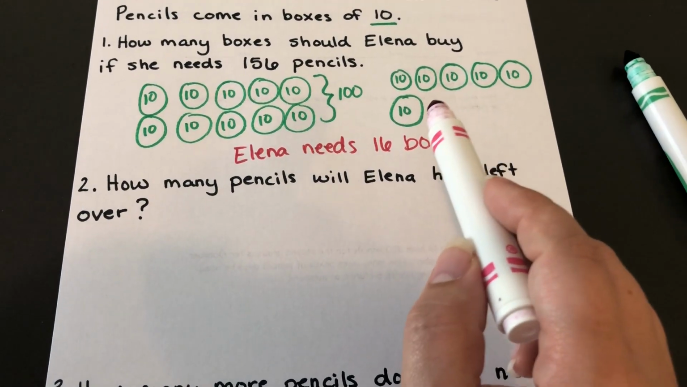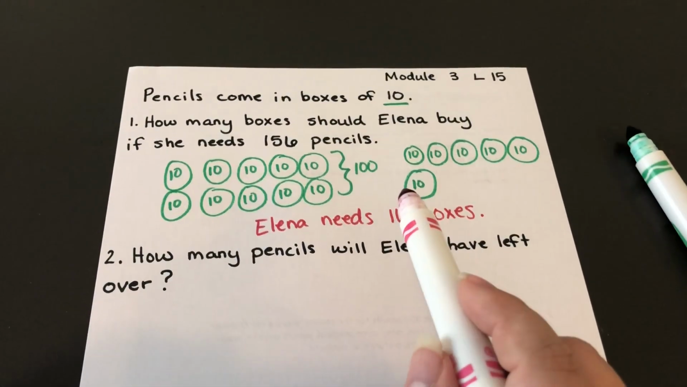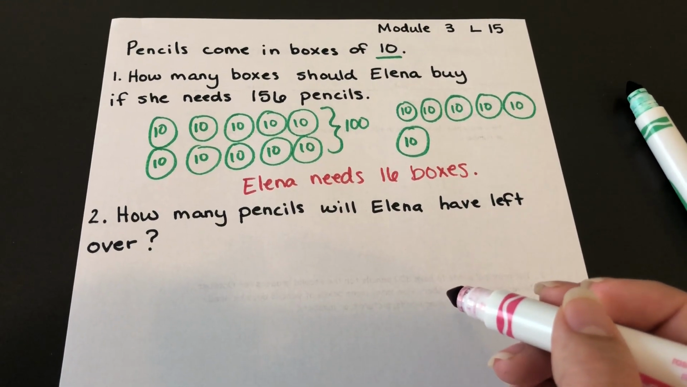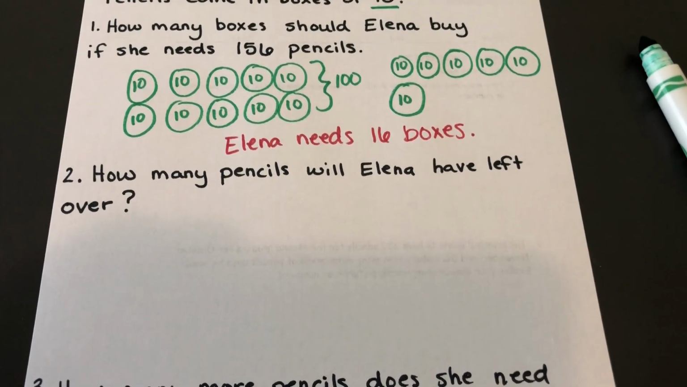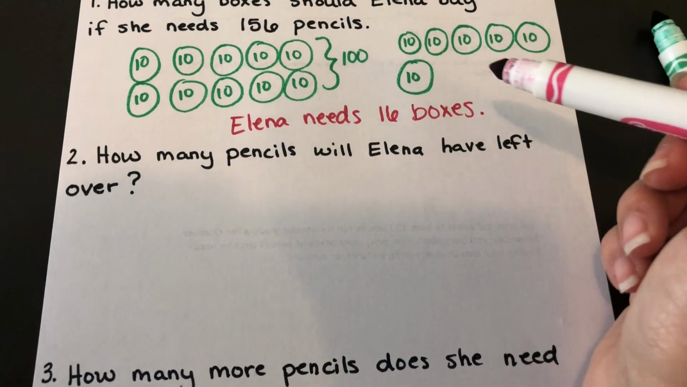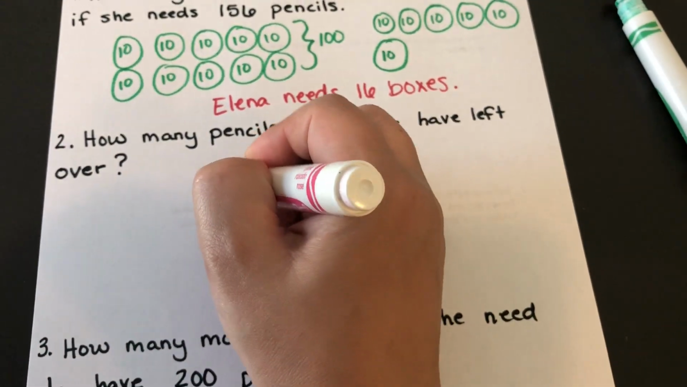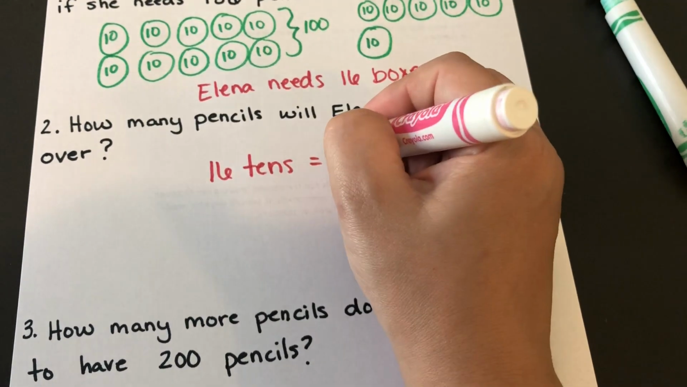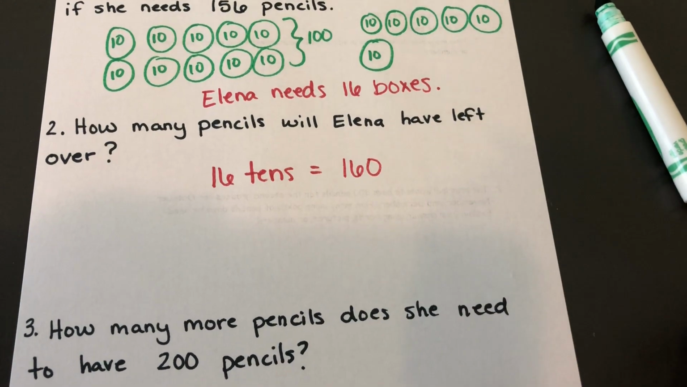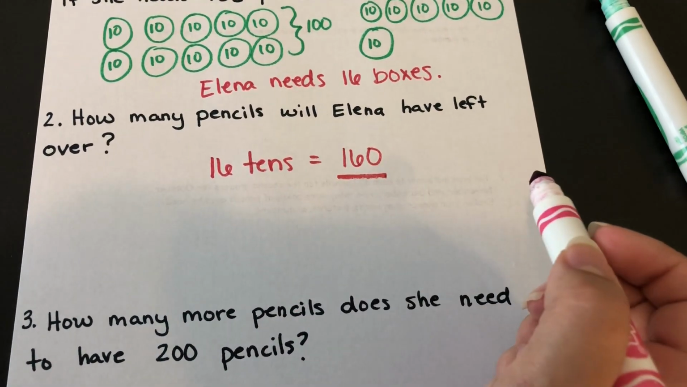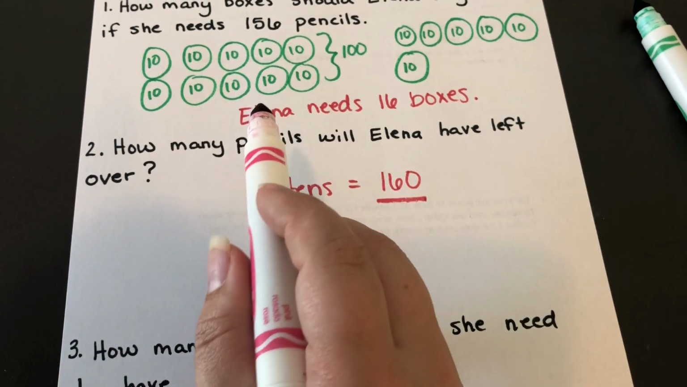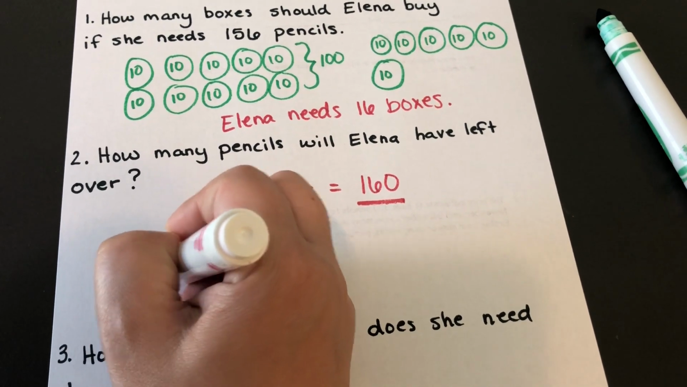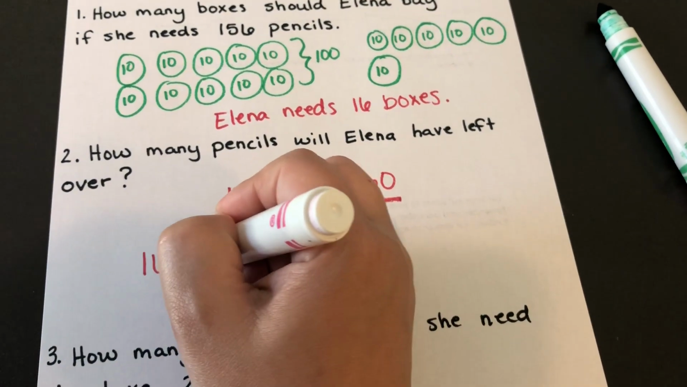How many pencils will Elena have left over? All right, so this talks about our leftover box. So we know that she needed 156, but she actually bought more than that because she bought 16 boxes, and I know that 16 tens is equal to 160. So she has 160 pencils, but she only needed 156. So we're going to do 160 minus